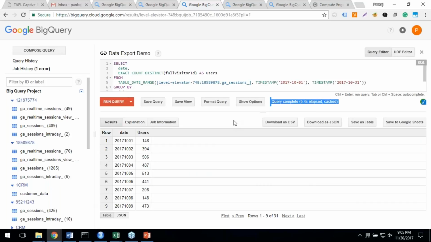All right. So this result, let's say I want to export. Last time we have seen I can download this result as a CSV or JSON file format, but at the same time I can save these results to Google Sheets as well, or otherwise. So if the number of rows is more than 16,000 that